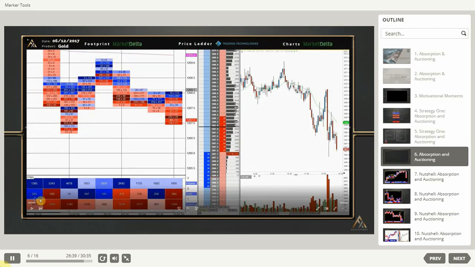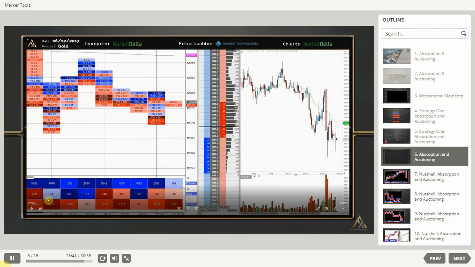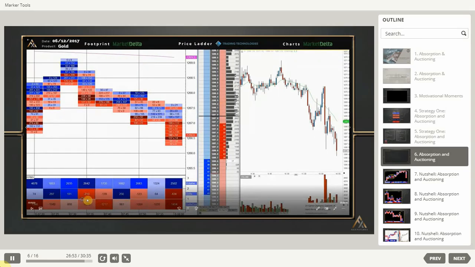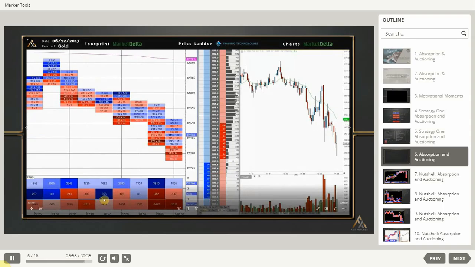Now, obviously, what you're going to see here is a process of accumulation and distribution. How do we know? We'll look at the extremes. We have a high delta. Look at the extremes. We have a negative delta. Okay, we have some really dark colors at the extreme sides of both pivots. Now, what I want to point out is once this market